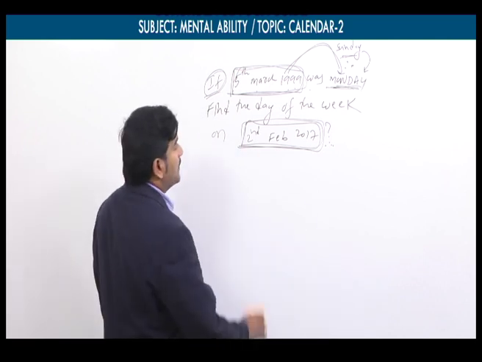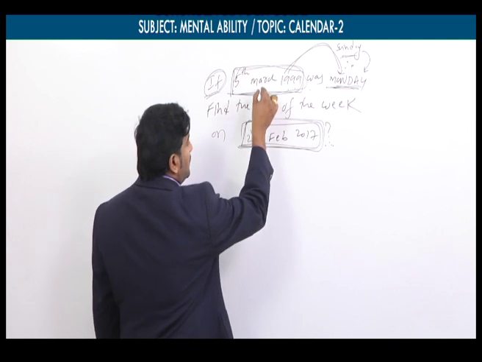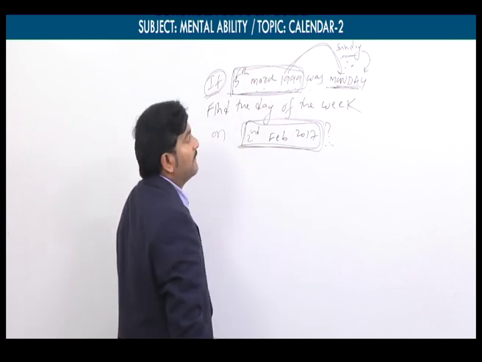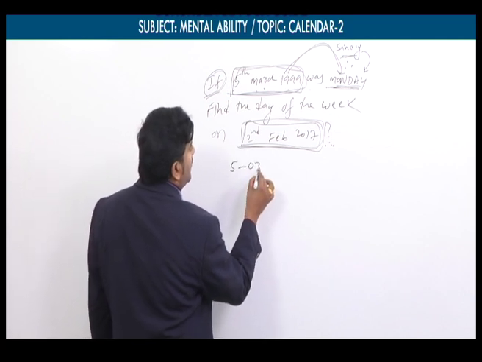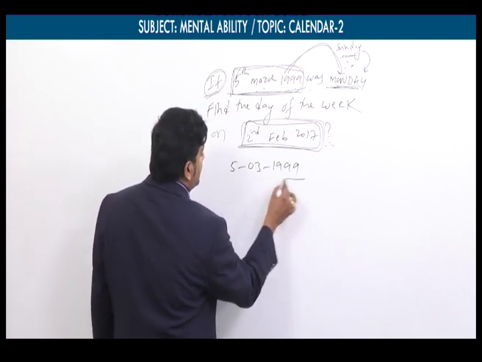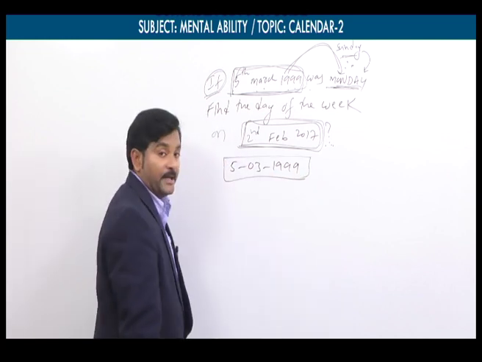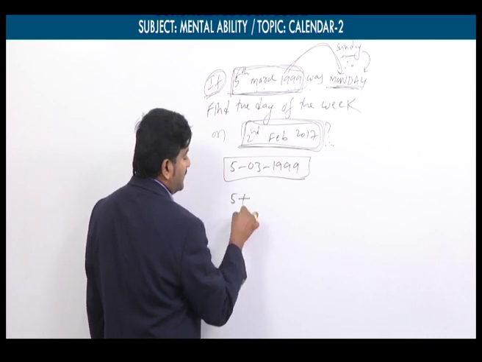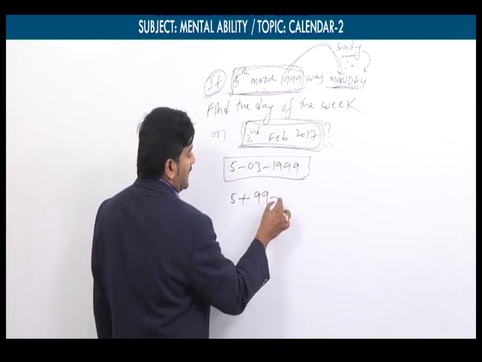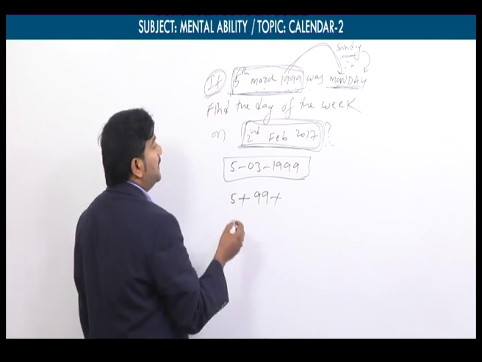That's why now we will find out the actual day for the given date 5th March 1999. So my focus is 5th March 1999. We have to find out the day for this date. Again formula, date plus number of years, 99. In 99, how many leap years are there means,